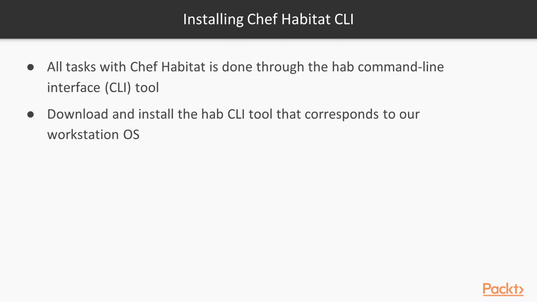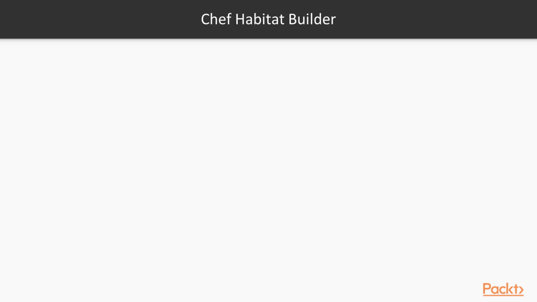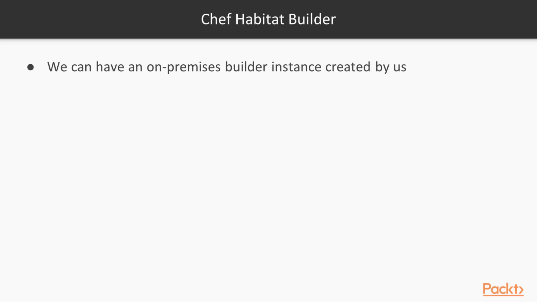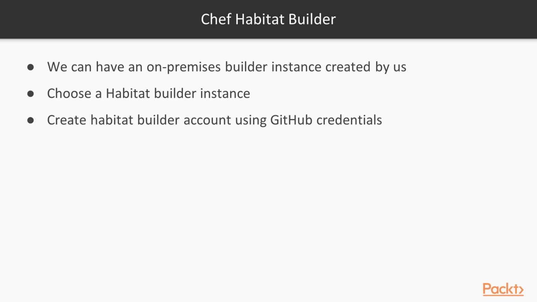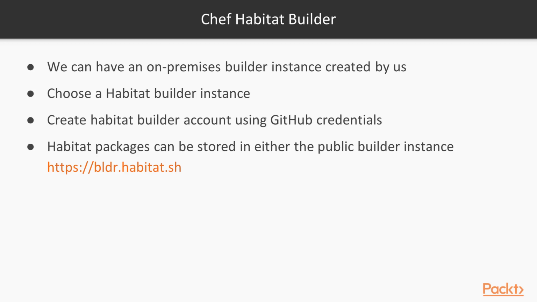For building packages to running services, everything in Chef Habitat is done through the Hab command line tool. Now let's see how we create and configure our builder instance. We can use a builder instance which is on-prem. We can configure one. But for this course, we would be using the public builder instance provided by Chef Habitat themselves. Using the GitHub credentials, we will create a Habitat builder account, and Habitat packages will be stored in this